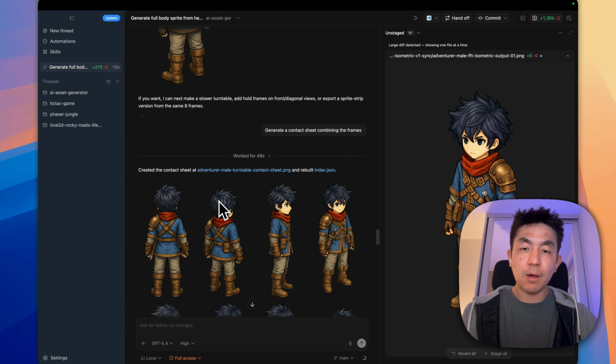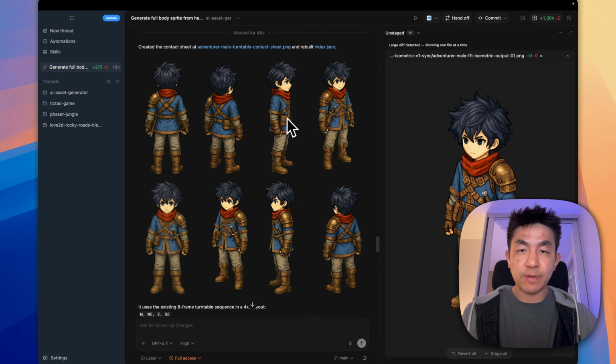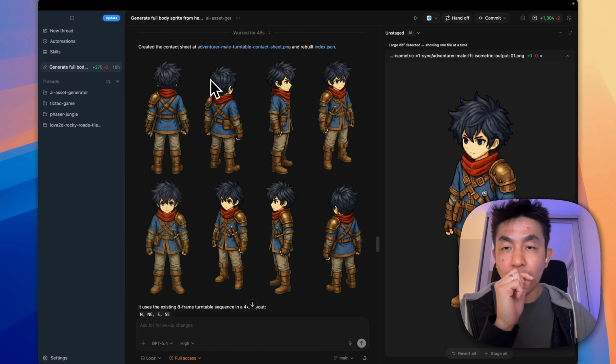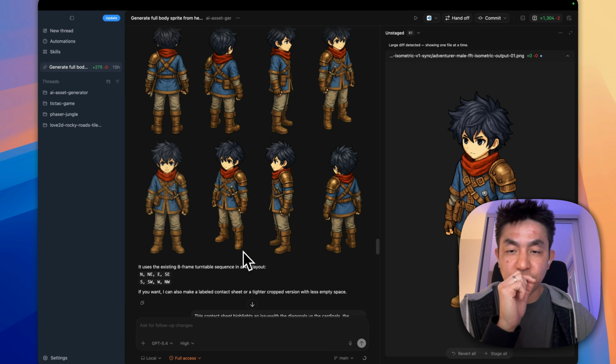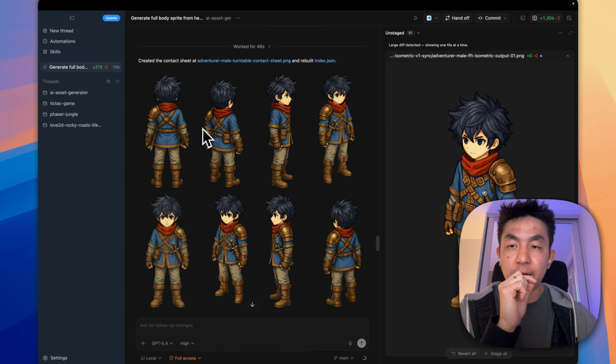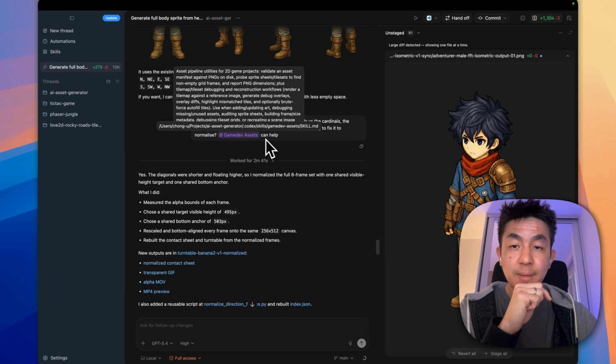and you'll be able to get this result. Now, one thing that you will notice is that this is the first version when I stitch everything together, and you have this problem where the heights are not correct. So you can see over here, right? The shoe is not matching the height. You can see here the height of this character on the diagonal is not matching it over here, whereas over here it is, and the same thing that you have over here. So what you want to do is go through a normalization step,